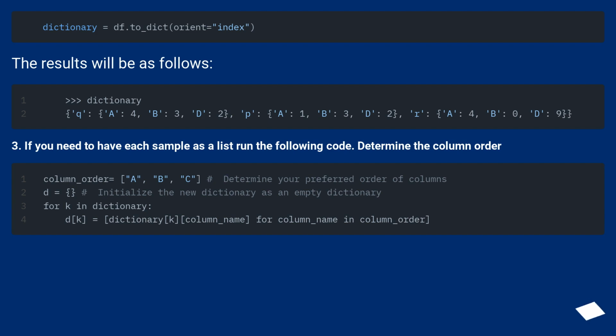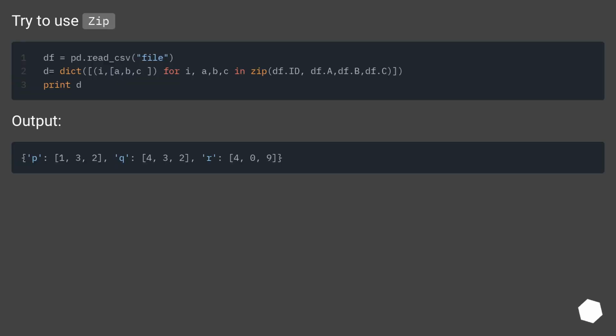3. If you need to have each sample as a list, run the following code. Determine the column order. Try to use zip. Output